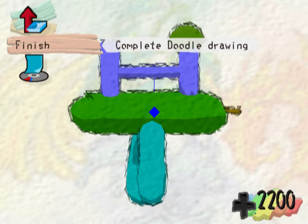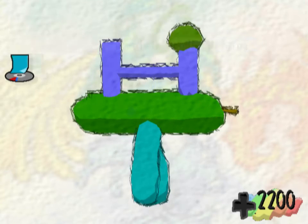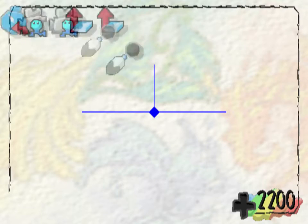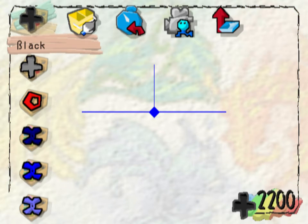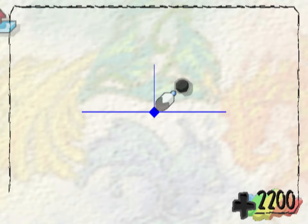I actually did hear that my pickle design needs some working on, but that's a concern for another time. So what do we have right now? I want to see, we don't even have any white. Oh dear. So, that doodle we're going to make now must be basically a...